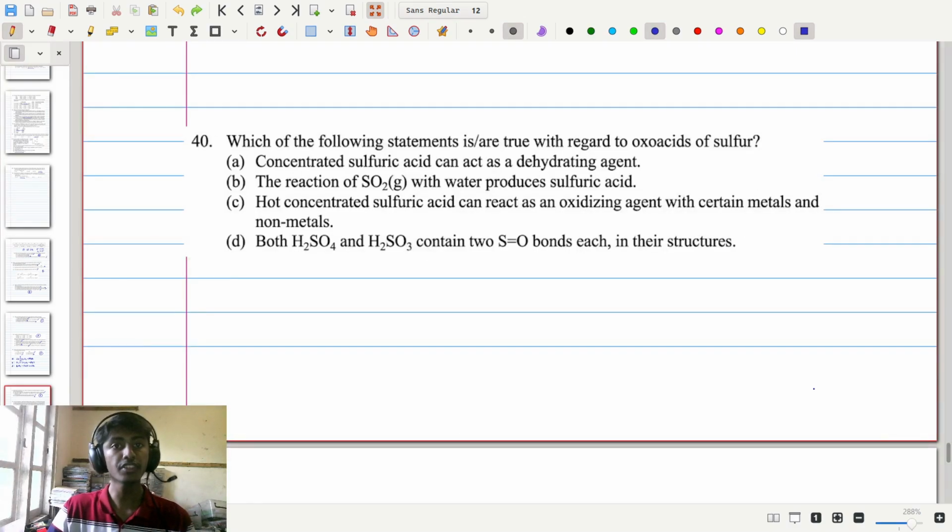Now finally, if you consider question 40, it says which of the following statements are true with regard to oxacids of sulfur? Looking at statement A, it says concentrated sulfuric acid can act as a dehydrating agent, which is true. Moving on to statement B, it says the reaction of SO2 gas with water produces sulfuric acid, which is actually false, as when you react SO2 with water directly, you will get